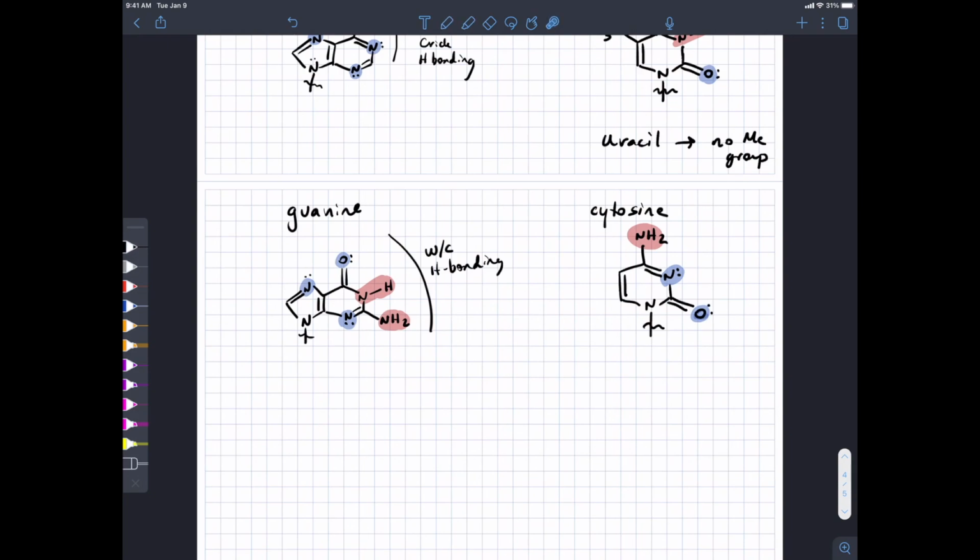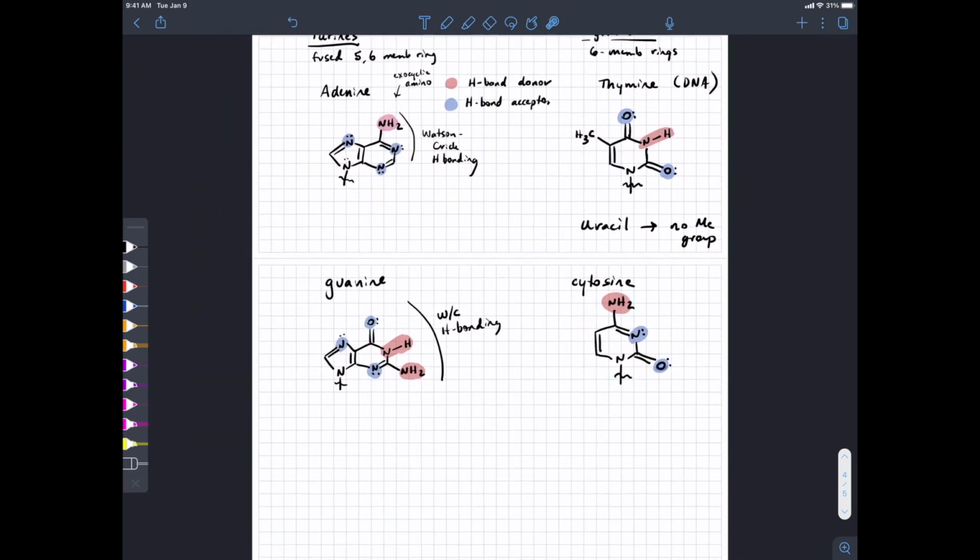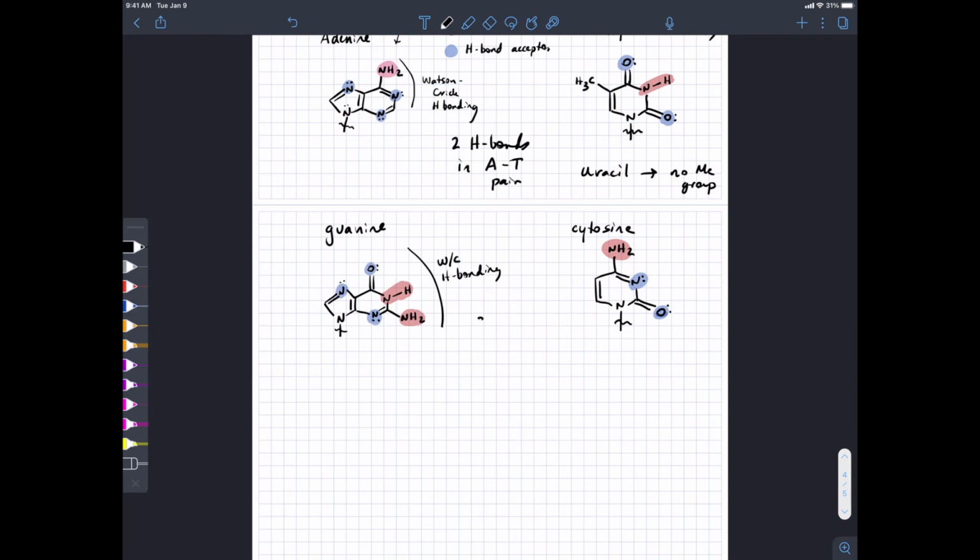And notice how what we've got here is complementary to what we've got there. This exocyclic amino group could hydrogen bond with this carbonyl oxygen. This ring nitrogen could hydrogen bond with this NH bond. And then this carbonyl oxygen could hydrogen bond with this exocyclic amino group. Notice that you would expect 2 hydrogen bonds in an A-T pair, and you would expect 3 hydrogen bonds in